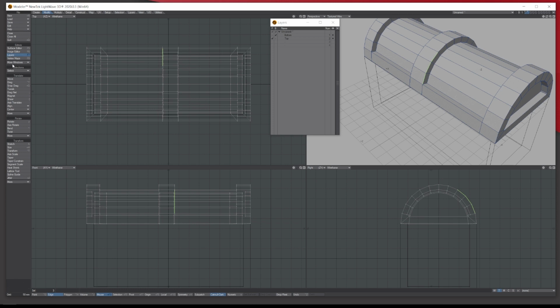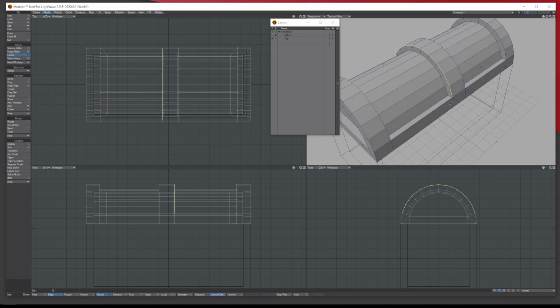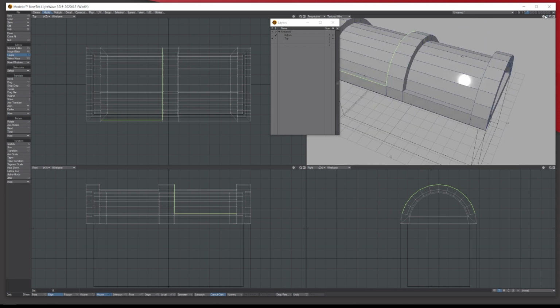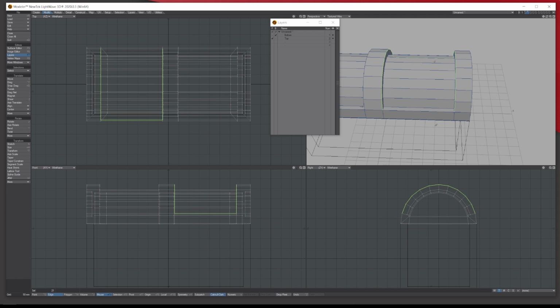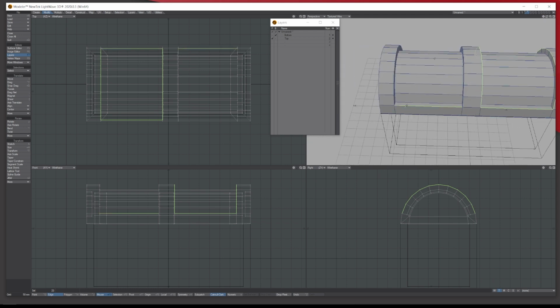Now you could try going over to select loop and see if it loops for you, which in this case it has around there, which has saved me a little bit. And then we can go round here, and then again let's see if it'll loop, saving some time. And then here, so we've got all those edges there I'm happy with. Let's do the same here.